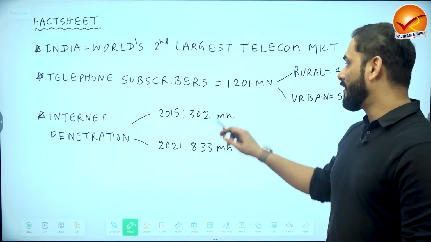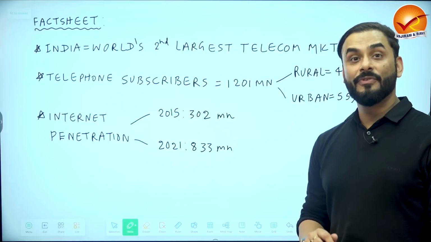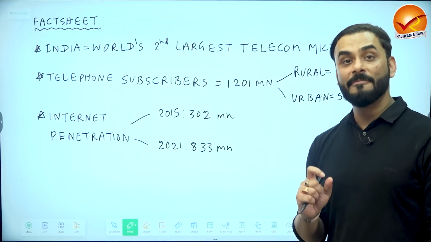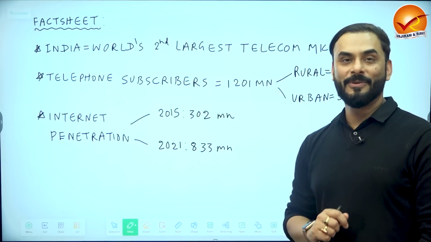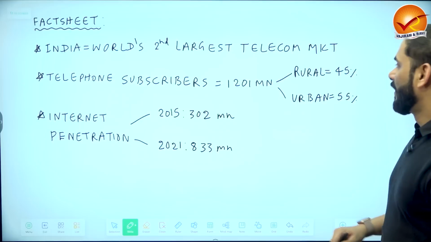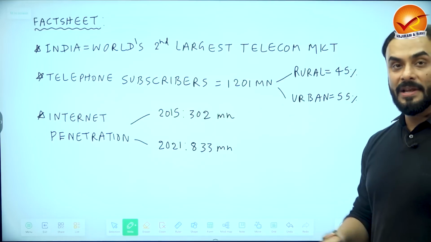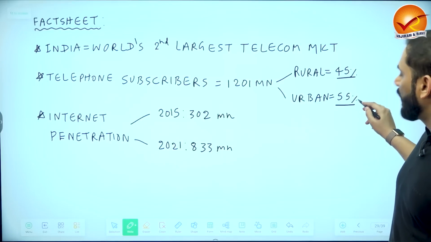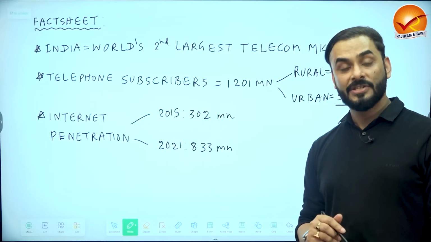Look at the numbers, 1,201 million. So approximately 1,200 million is the number of telecom subscribers in this country. I told you it's a big country, huge population. Out of this 1,200 million telephone subscribers, 45% are in rural area, 55% in urban area, which means if we